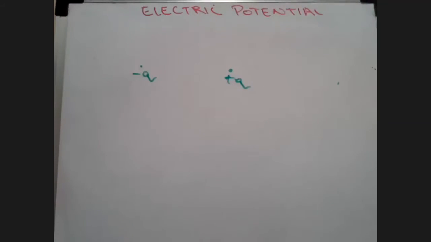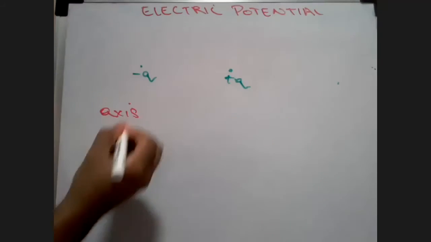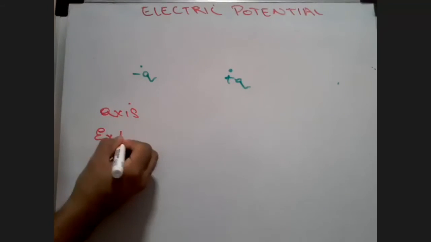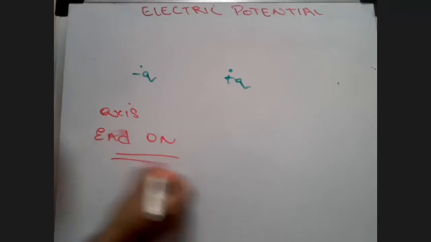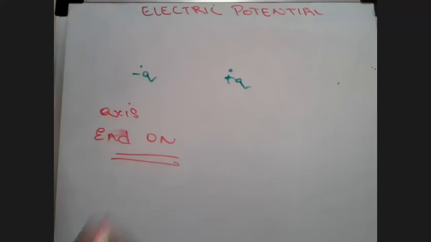If the distance of a charge which is in the end-on position from the dipole is doubled, the force acting on the charge will be what? So what he's telling is basically there is a dipole, and there is a charge in the end-on position. Remember one thing, axis. A charge placed in an end-on position means it is on the axis. Remember these terms, end-on position means on the axis.